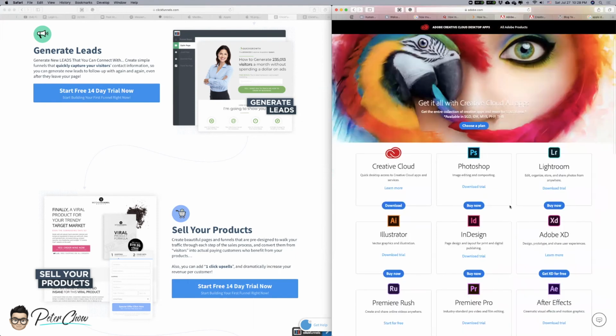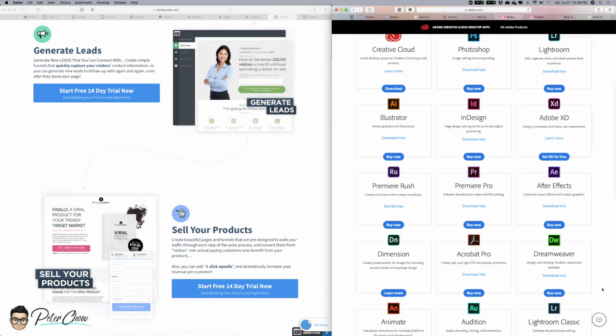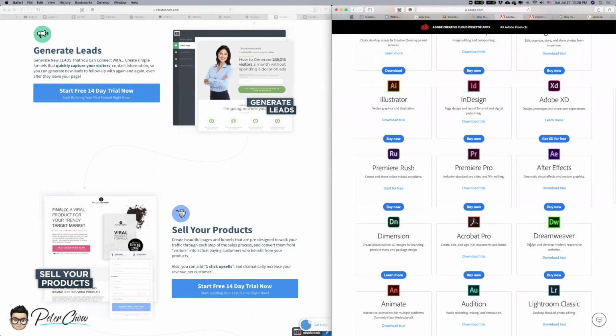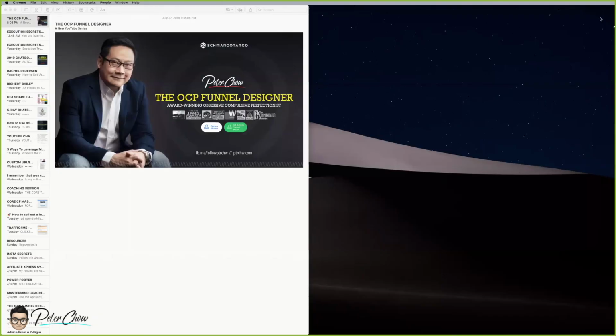Show you again, right? Now, all these are very specific and very specialized types of tools. Image manipulation, image editing, image composition, Photoshop, nothing beats Photoshop. It's the king in the industry. Dreamweaver is for you to design and develop modern, responsive websites, okay? But it's like a single-task type of software. If you were to compare that with